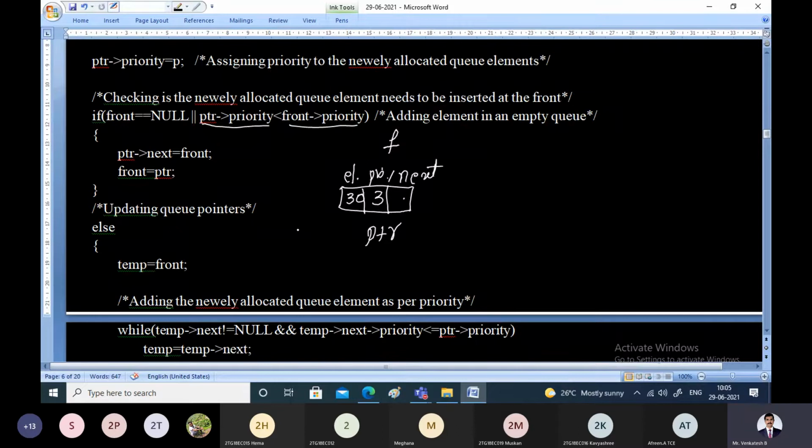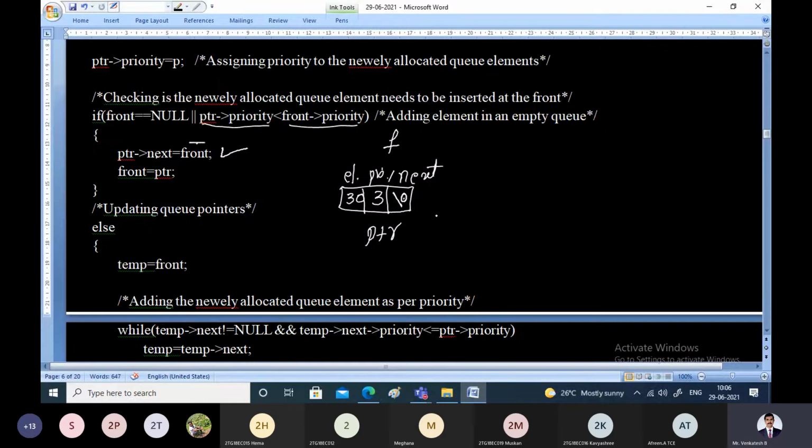That is PTR pointer next is equal to front. See here, front is pointing to null. That means PTR pointer next will also point to null. This statement makes PTR pointer next point to the node wherever front is pointing. What is the value of front now? The value of front is null. So PTR pointer next will also become null.